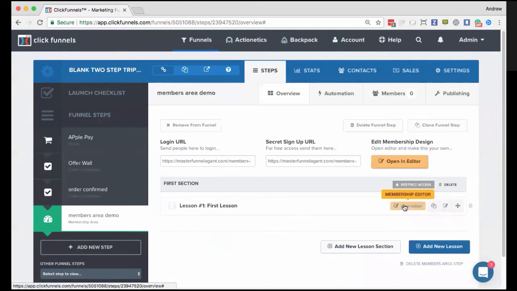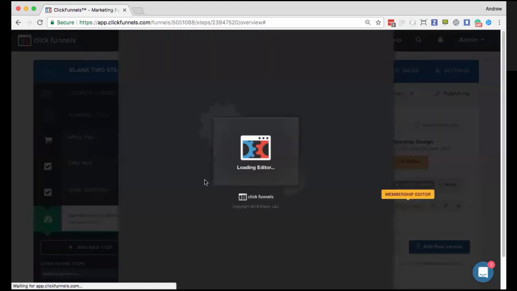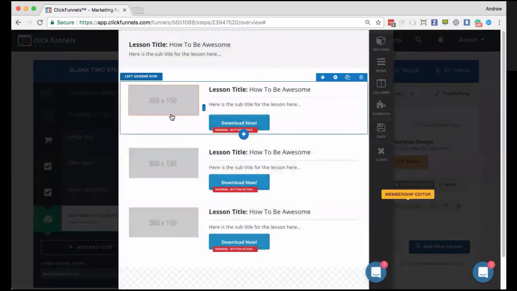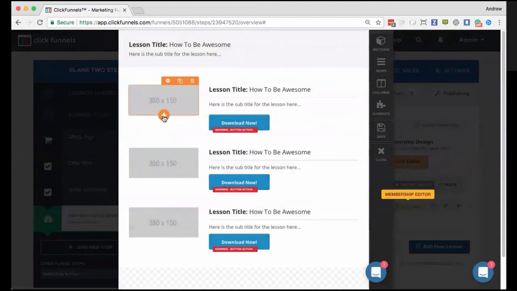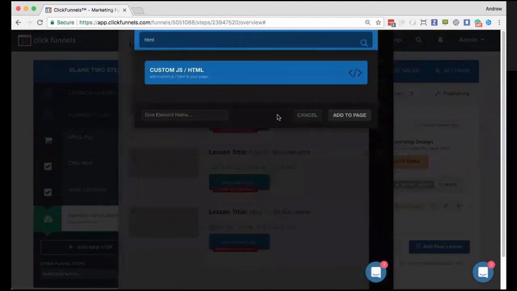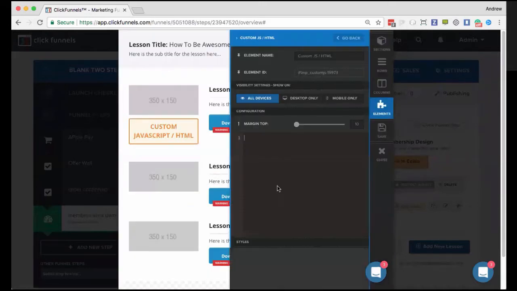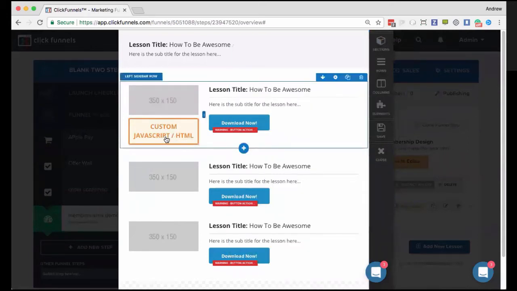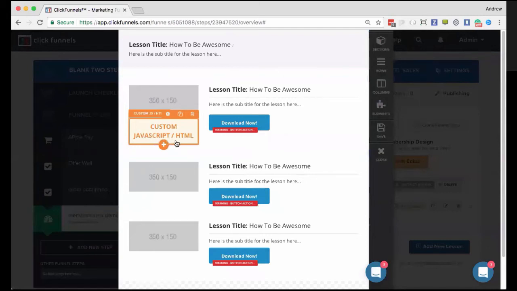Also, alternatively, what you can do is you can actually use the HTML embed for the video itself, and just go ahead and add in an HTML element here into your members area, and then put the script for that video that Vimeo provides you right here. So those are 2 options that you have. When you do the script, one thing to keep in mind is that the source for the video has to be secure or it won't show up.